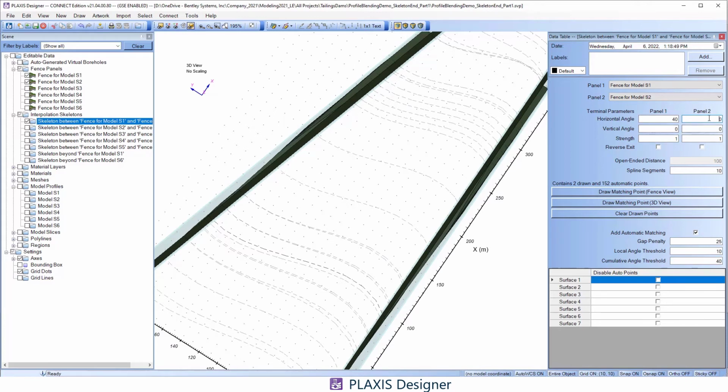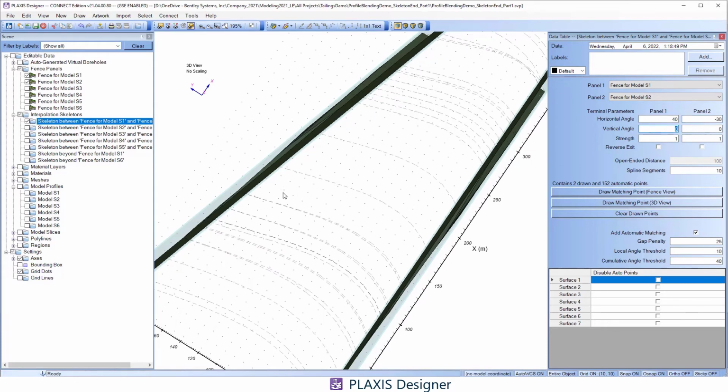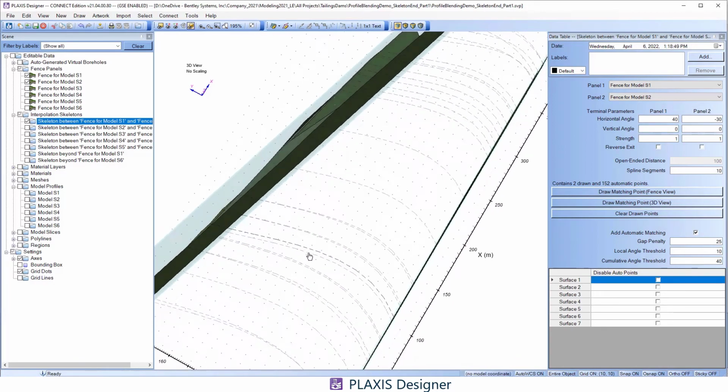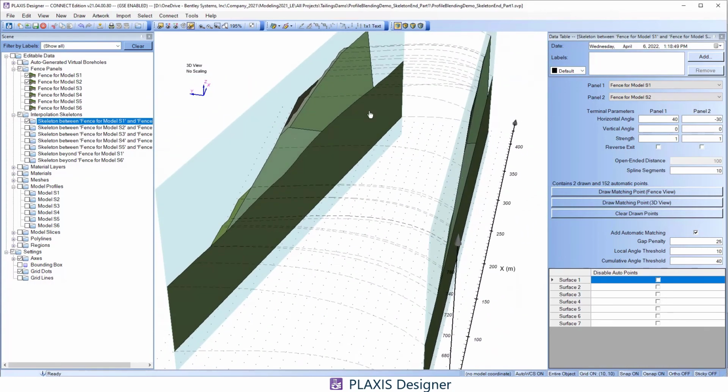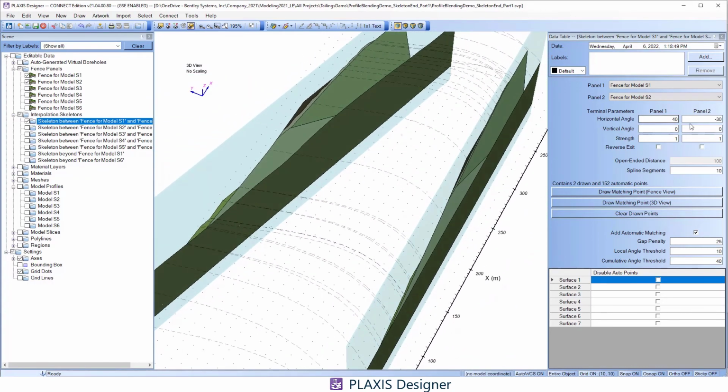So I can change the second one, panel 2, to say minus 30 degrees, and you can see how that might change the influence of the panel lines, and that's only affecting them in the horizontal here. So you can see here nothing's changed vertically. So if I change these back to zeros, zero these back out,